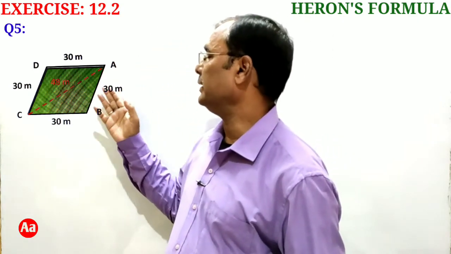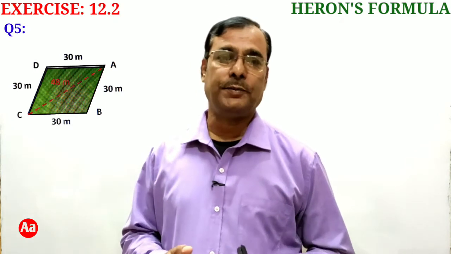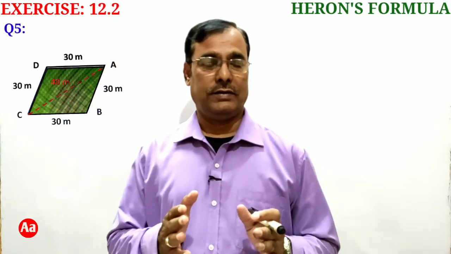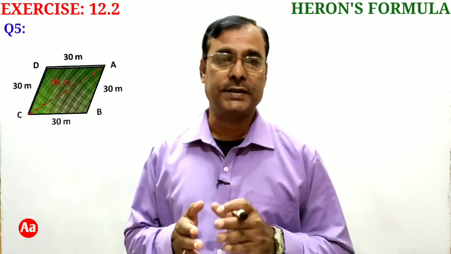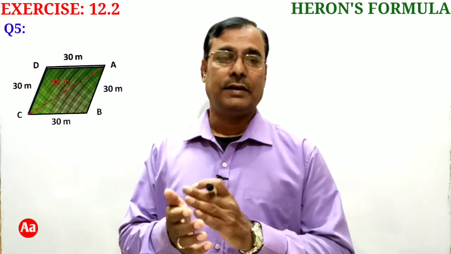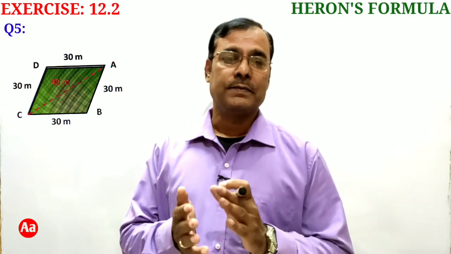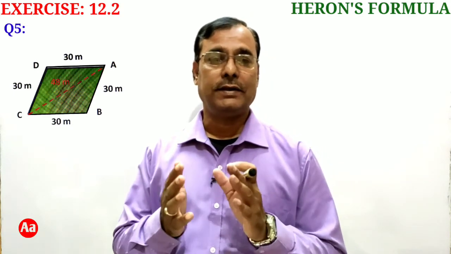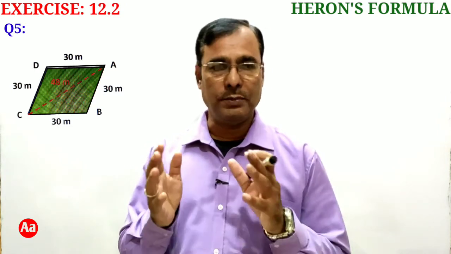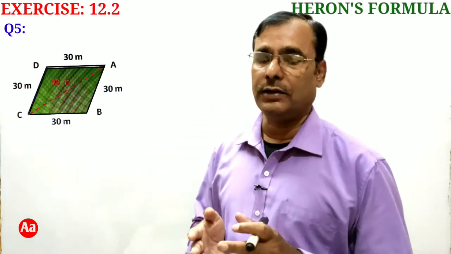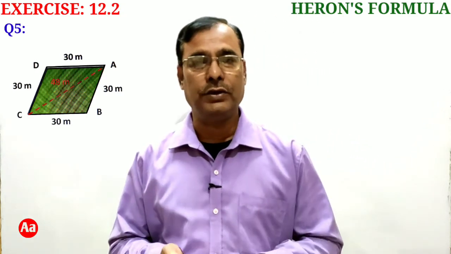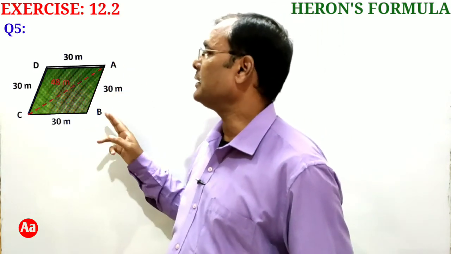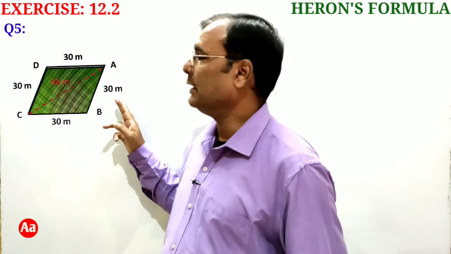Look at this figure. ABCD is a rhombus shaped grass field. AC is a diagonal. As the grass field is in the shape of a rhombus and AC is a diagonal, diagonal AC divides the rhombus shaped field into two triangular parts which are equal in area, because a rhombus actually is a parallelogram, and the diagonals of a parallelogram divide it into two triangles of equal area. So that's why here ABCD is the shape of a rhombus.